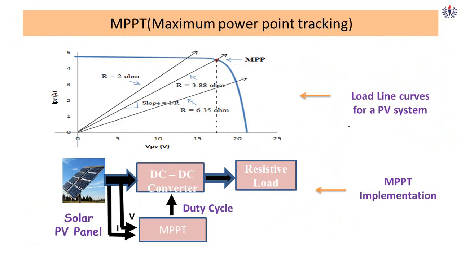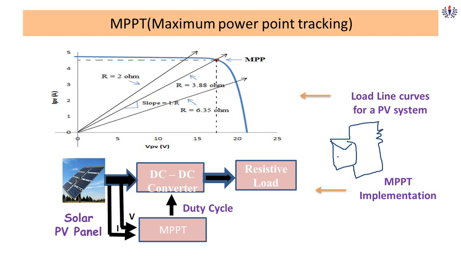Let me say this: a PV panel connected directly to a load. As you all know, you have many loads: resistive load, inductive load, capacitive load, motor load. Many loads are there, but that particular load is subjected to variations. Load, in the sense, whichever consumes electricity is called load. From the generation side, let me explain. Let me see from a PV panel side or a PV power plant side.